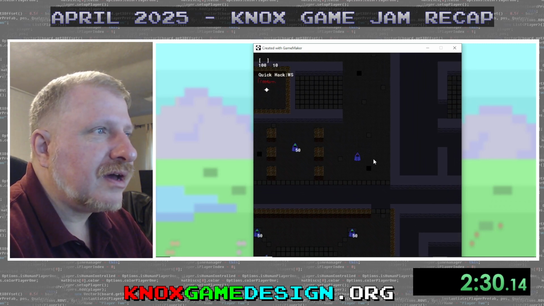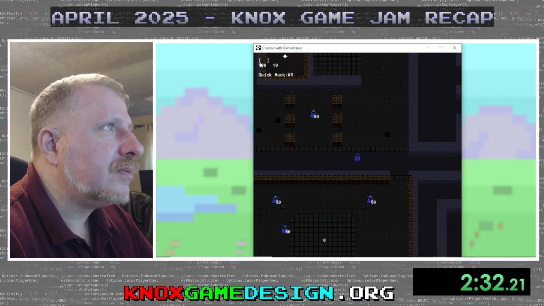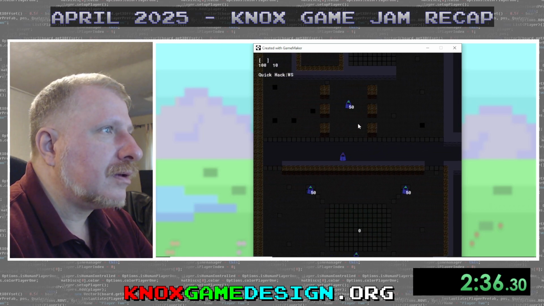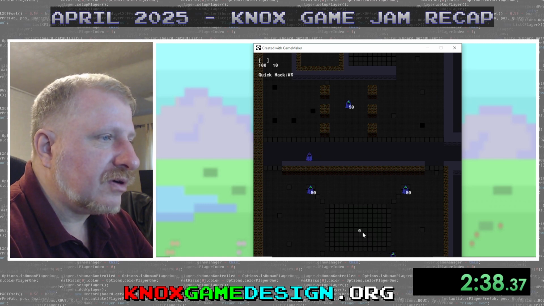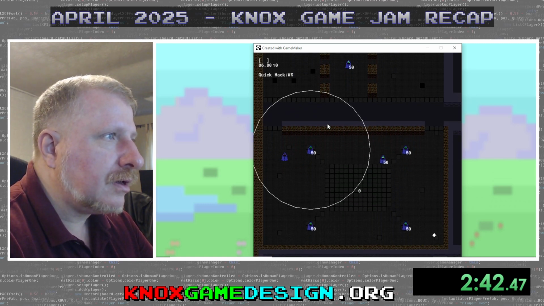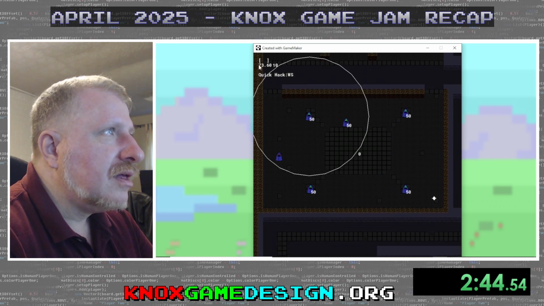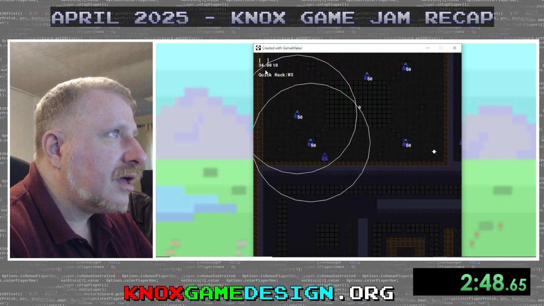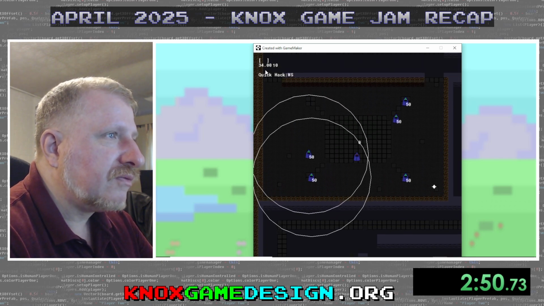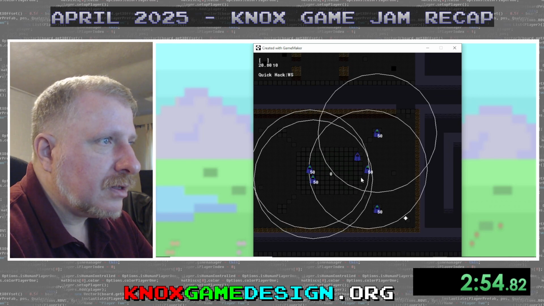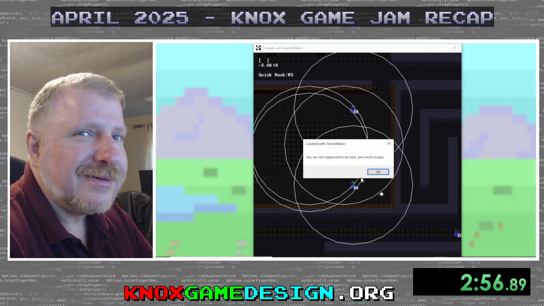But yeah, I'm trying to figure out how to cast spells here. Maybe I click up here. There's a 0 in the middle of this. I don't know. Uh-oh, he's shooting me. So I guess the number in the top left corner, I think, is your health. It's just like a floating point number. That's a 0. They're all shooting me now.